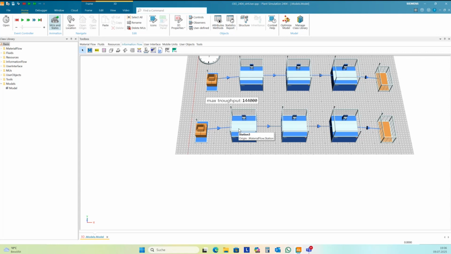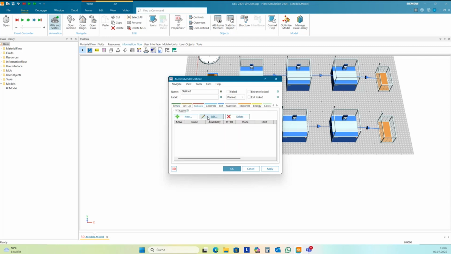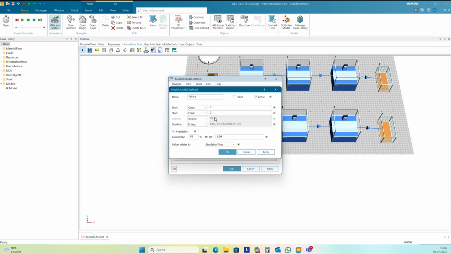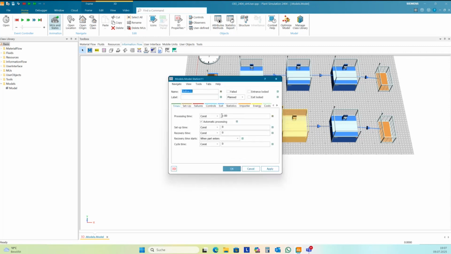I want to have for each station 95% availability with 5 minutes mean time to repair. So I activate here the failure, 95% availability and 5 minutes MTTR, and this in all stations.